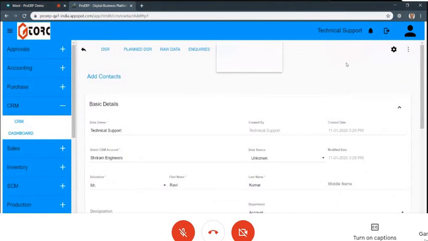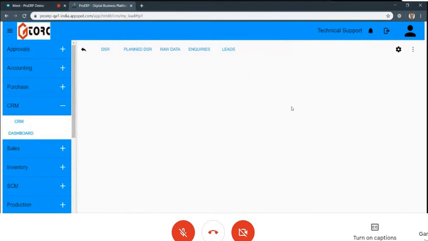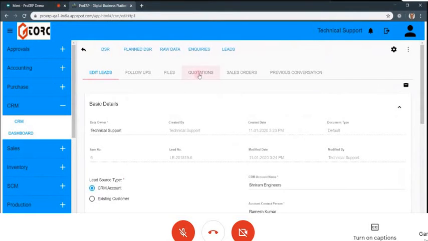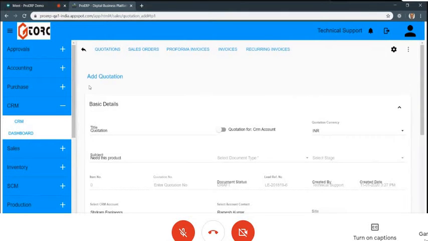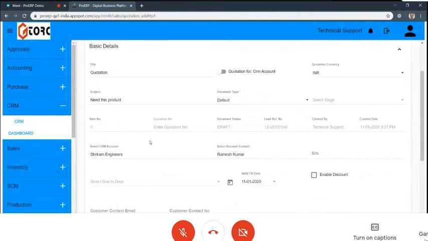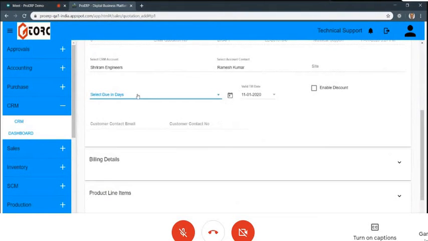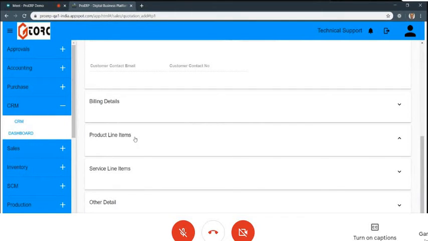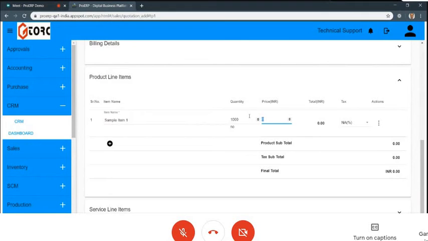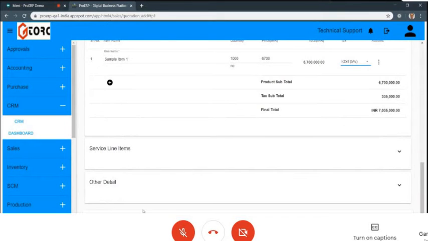Now, what happens at some other stage? You can do a few more things on the leads. You literally can create a quotation from this. So I go to the quotations tab on this lead, and I can convert this lead into a quotation. The moment I click there, it will take me to a quotation window, and almost 50% of the quotation will be created with the customer contact details, validity. I can select billing details if I have an updated address. That will come. I haven't so far. Then I can put a price on this, and then I can share this quotation.